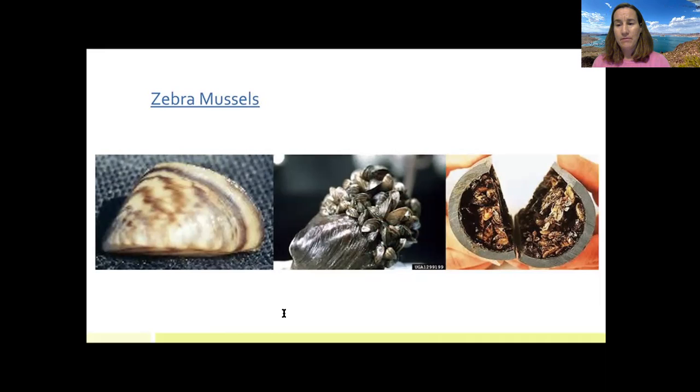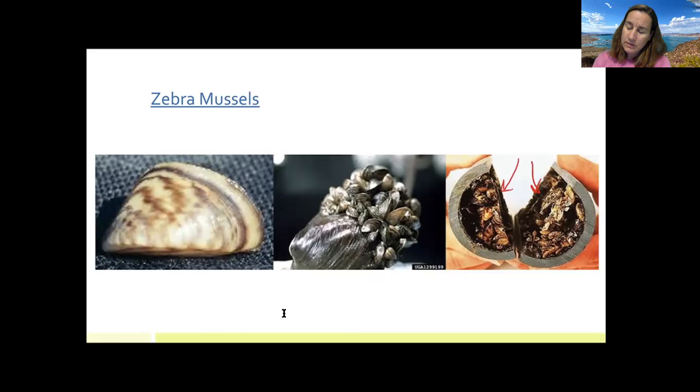over the habitat of the native shellfish in that area. And so they will displace the others. They will take the prime real estate. They will eat up more food, so there's not any left for the natives behind. And another thing that zebra mussels will do is they will clog pipes. So they will get into different areas and clog it up.